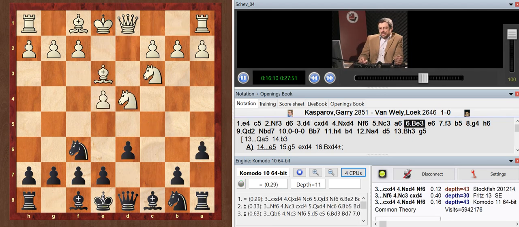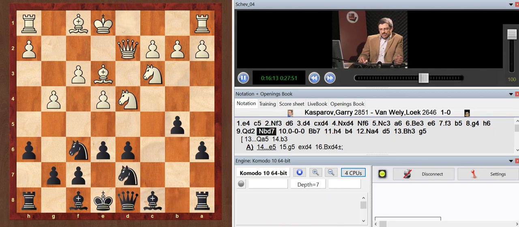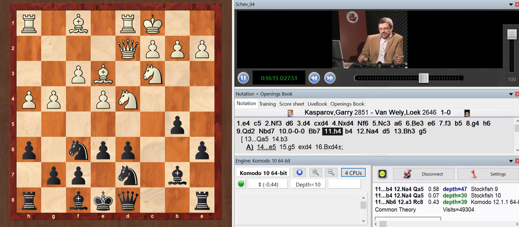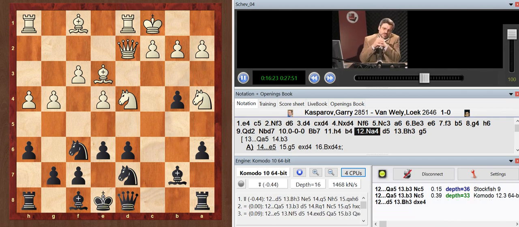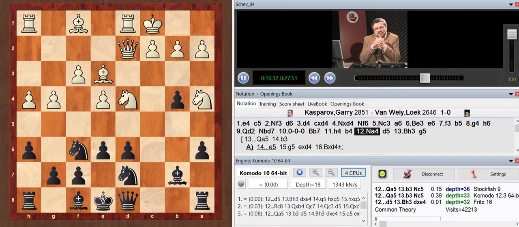So in the famous position that we already have seen twice in this chapter, after h4, b4, white chooses knight a4. Of course, this is not the desirable square for the knight, because the knight on a4 is cut off from his own army. The prospect of jumping to b6 and c5 is very limited.